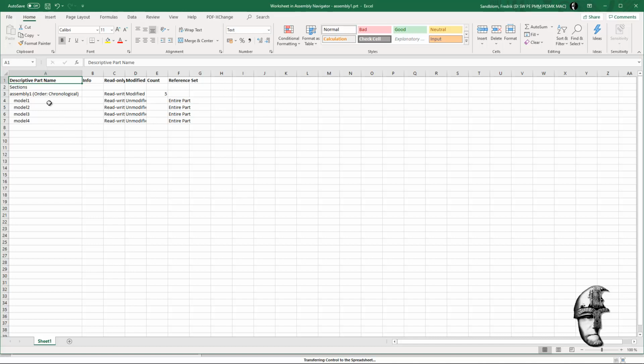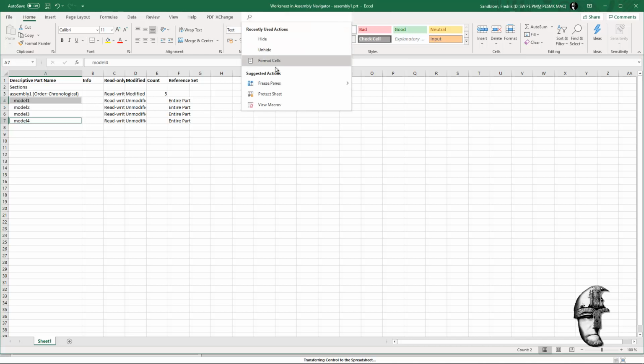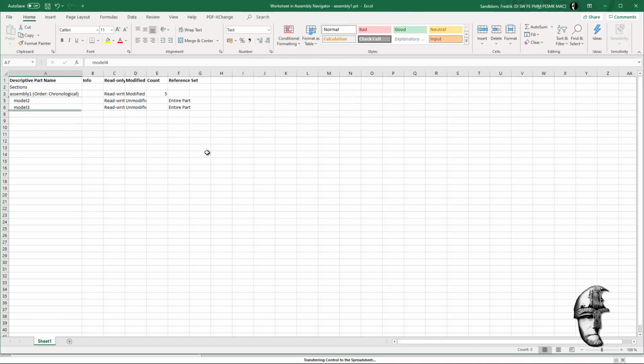So in this case we can see that everything is visible, and in Excel, let's say I do not want to see model 1 and model 4, I could, for instance, hide those. You can search for hide, that will hide that,